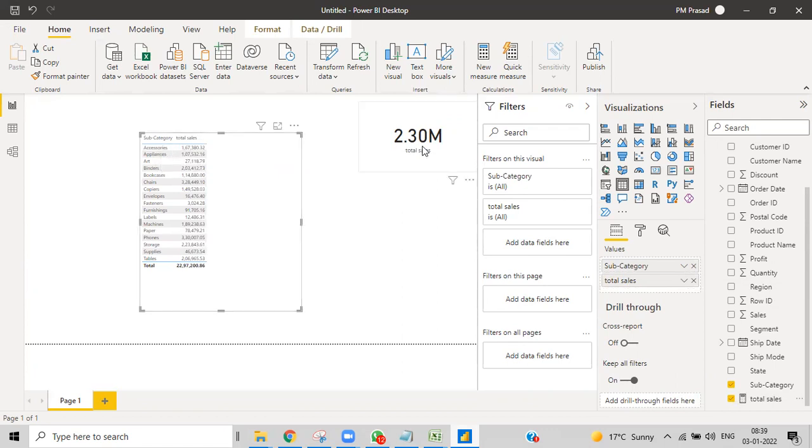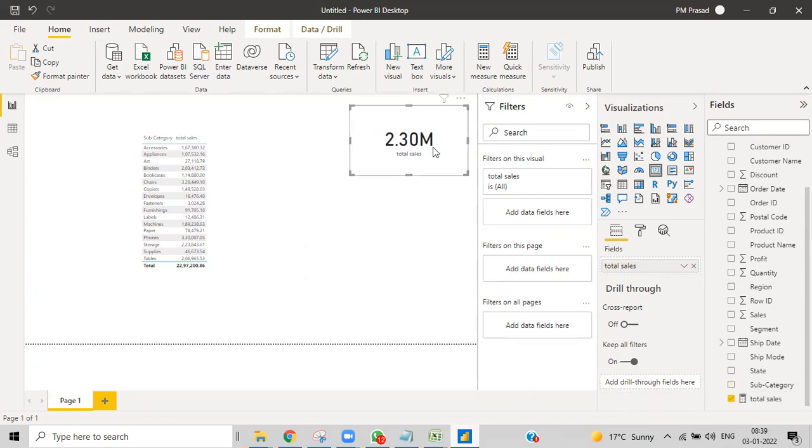The same total sales I used over here and over here. When I don't give any filter, it shows the entire sales. Whenever I drop it in a table or a matrix, it uses the current context, meaning what is available at that stage is what it will calculate.